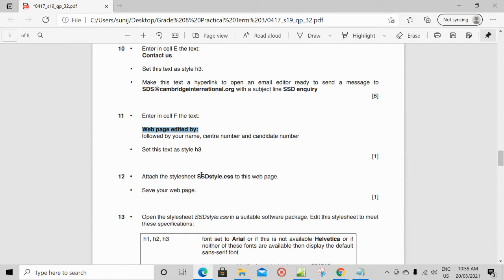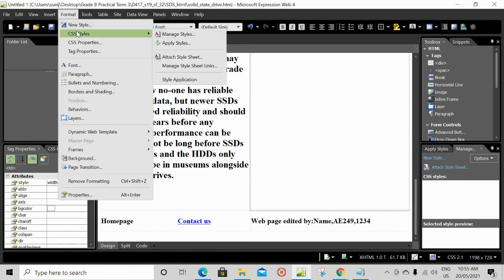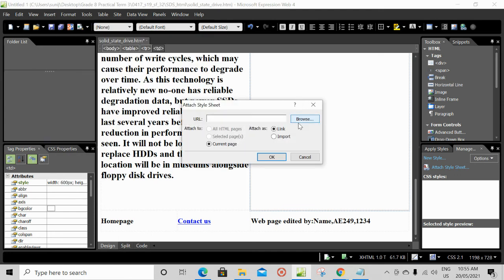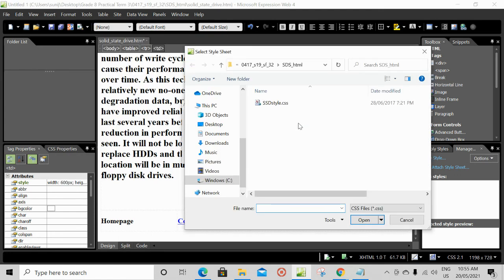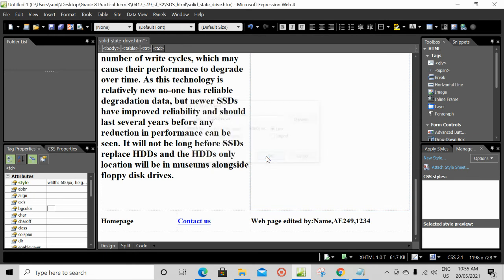Attach the style sheet SSD style.css to this web page. Save your web page. So open this one, go to format, CSS styles, attach style sheet, browse. So in the SSD HTML folder, this is the style sheet. Click on that, open, click OK.